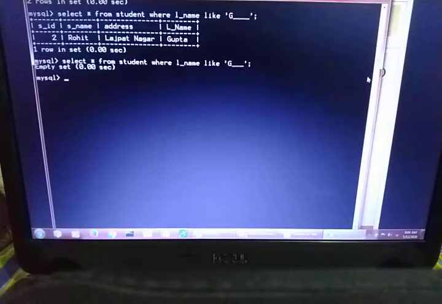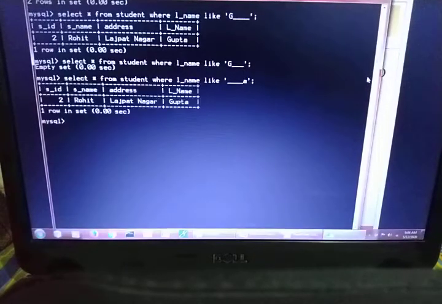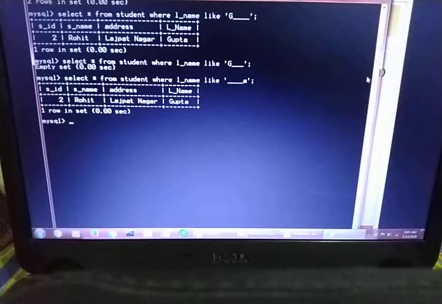Fine. With the same thing you can also put the underscore before. If I want to see the name Gupta, exactly 4 characters but ending with A. Fine. Exactly 4 characters but ends with A. So in the underscore we are using exactly this many characters, but in the modulus operator we are using any number of characters. So this is the difference between both the wildcard characters in the like clause. I hope it is clear.